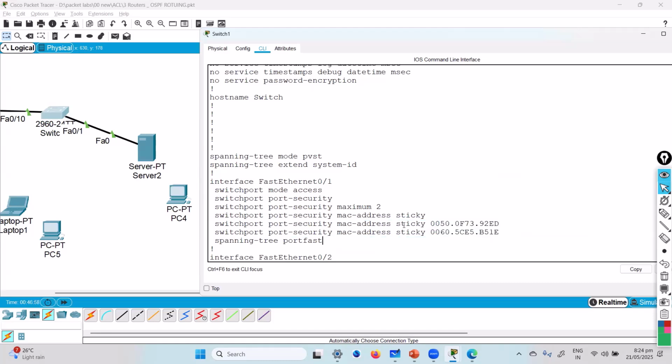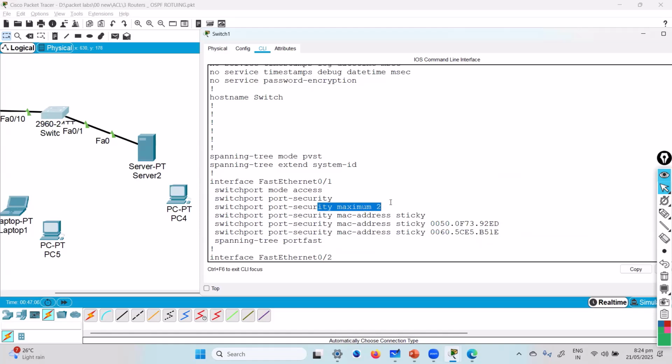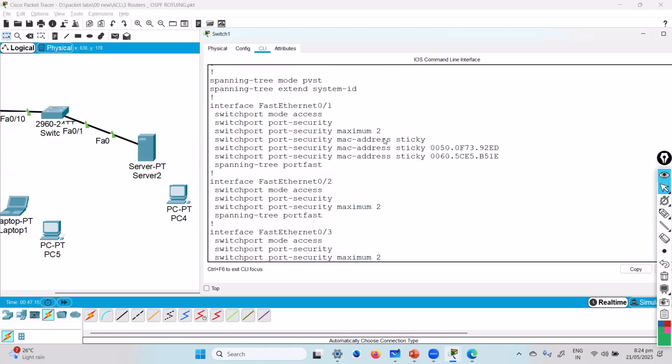I did not write this MAC address. These MAC entries are automatically updated because of the port security feature which is enabled. And as per the limit, we have given the maximum MAC address as 2. And this way it will only allow the maximum MAC address as 2. So when you say maximum MAC addresses 2, with this command, I'm going to limit